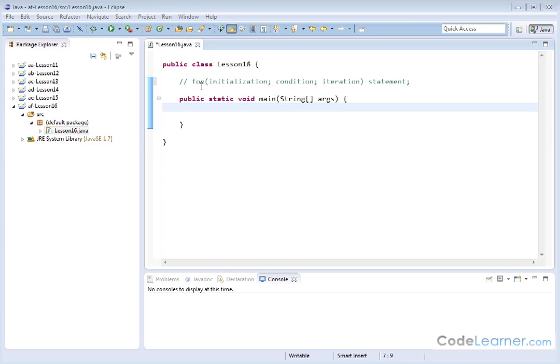Combined with the if statement that we learned recently, the for loop is one of the most used, most common, most powerful parts of any programming language, especially Java. And so we have the for loop appear inside the comment, the general formula of it. Basically, you're doing a bunch of stuff over and over and over again as long as the loop condition holds